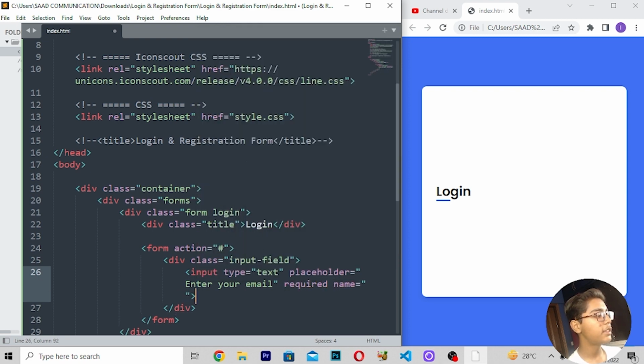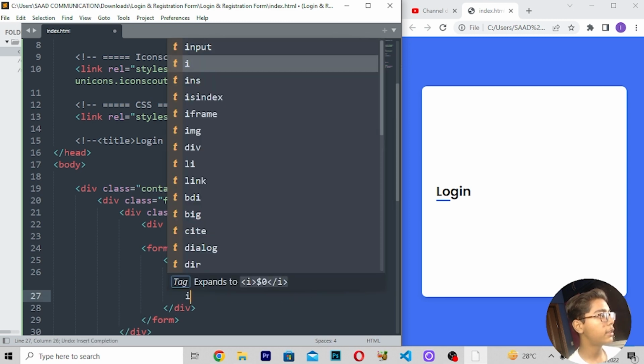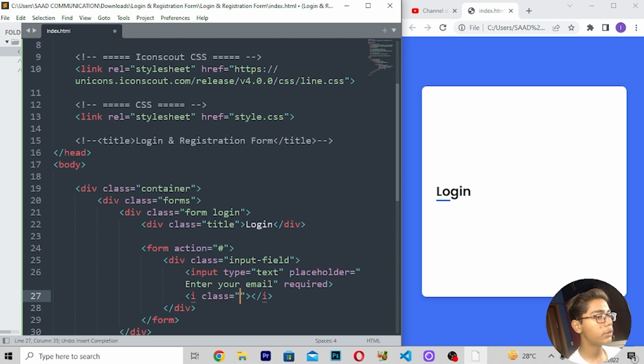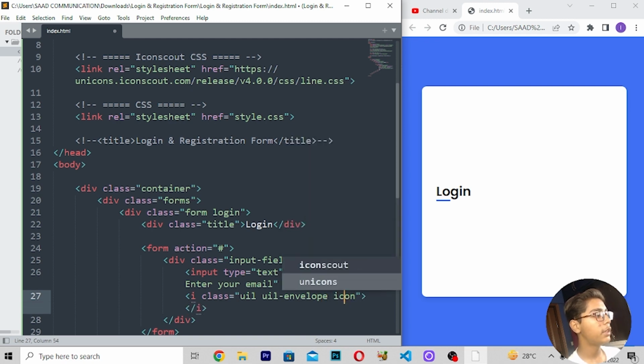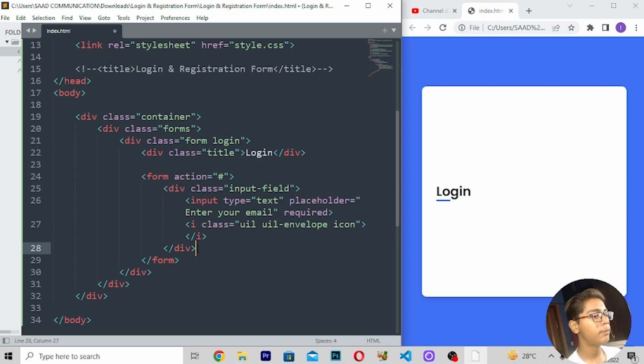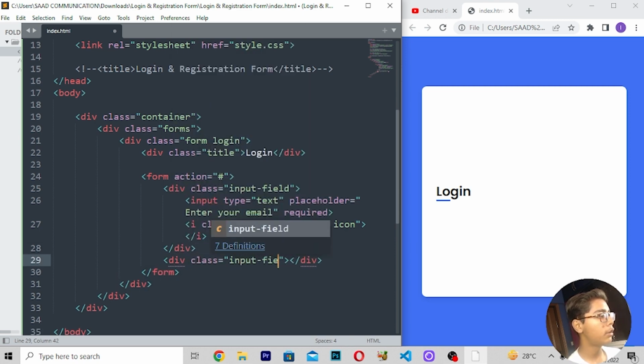Here erase the name which is written, and then when you've written this you have to write I tag, control Z, I like this. Now you have to write class which should be like uil dash envelope, then here I will be writing icon. Now when you've written this, I will be moving down, then writing div class, and here I will be writing input field.